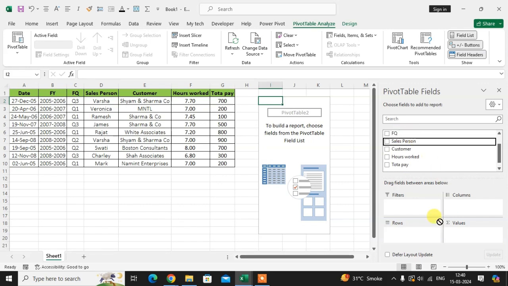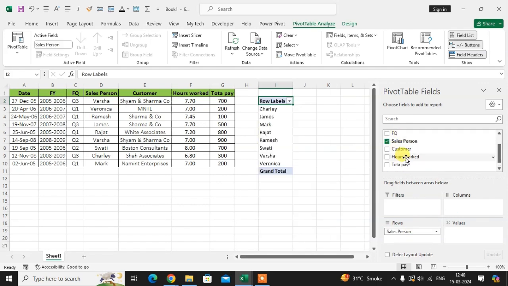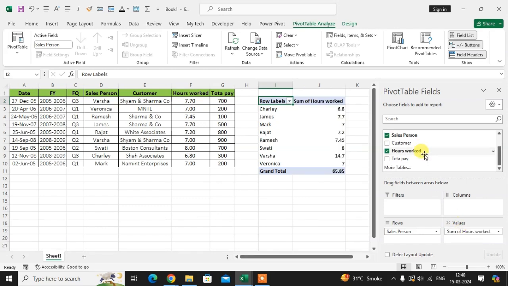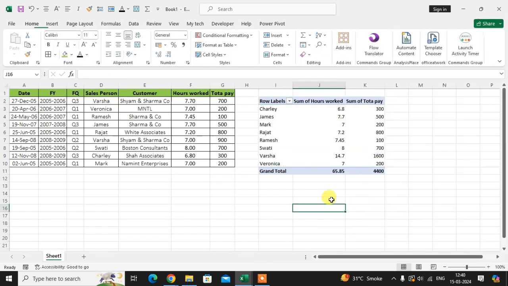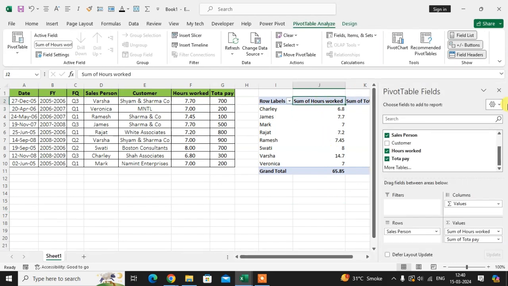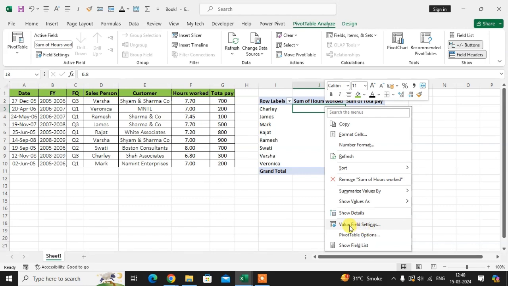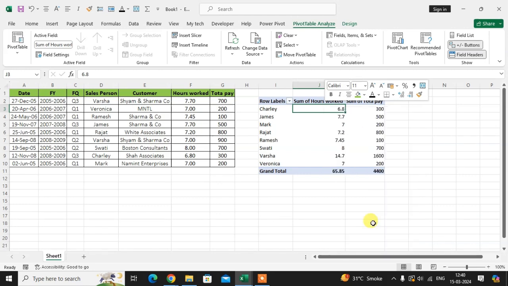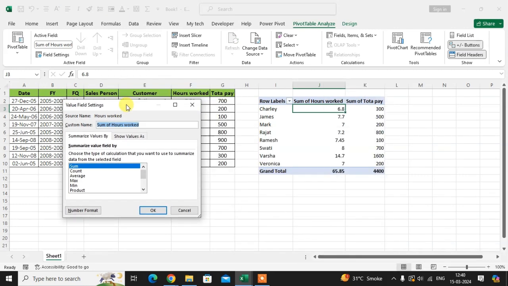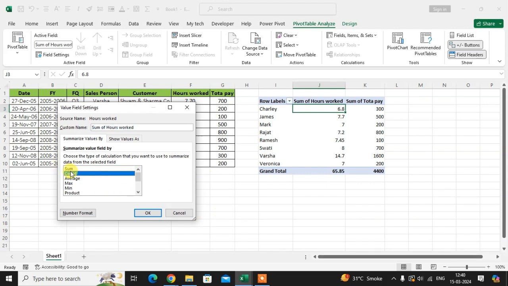Now create your pivot table. Just enter the salesperson, hours and total pay. Okay, then you can see here I want to change the hours in sum. So select the initial and right click of the mouse. Here you can see the value field setting. Just click on that. In value field setting, select the sum,